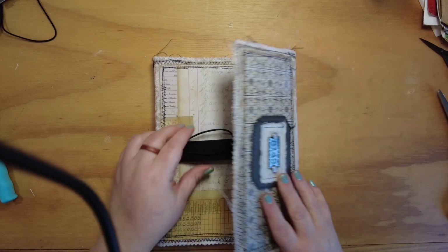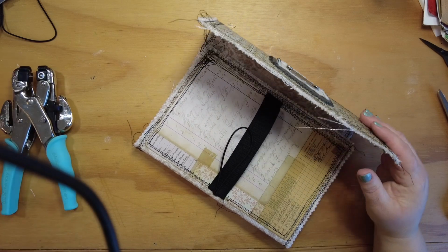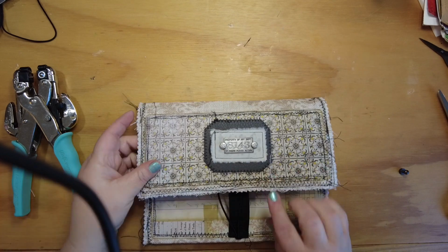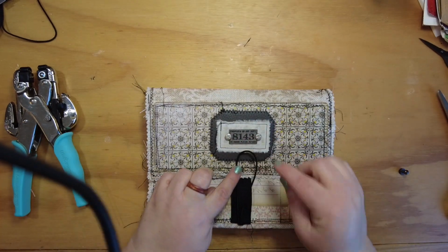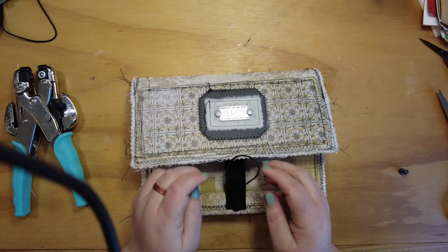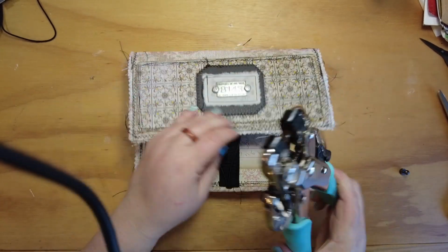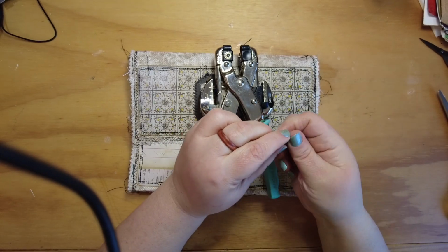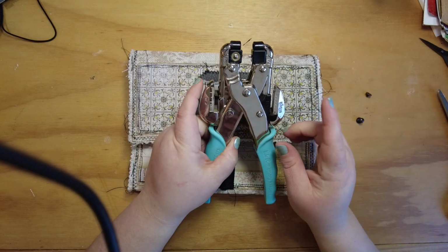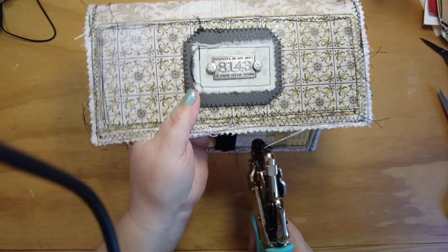But now we're ready to put our hitch post fastener on. So I am going to grab it back out of where I had it hiding, and then I just want to kind of line it up with where this is coming off and going up to here, and center it on that. So I'm going to take my crocodile, and you can see this little post is fairly small, so I'm going to punch it with the 1/8 side, the smaller of the 2 holes,